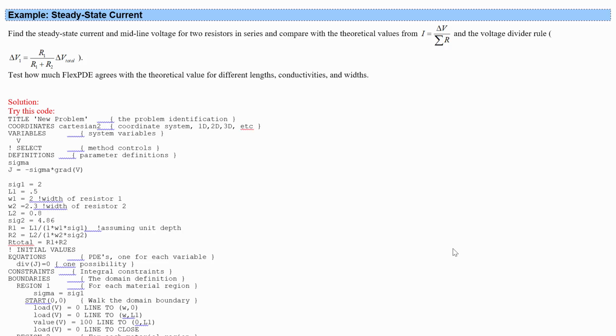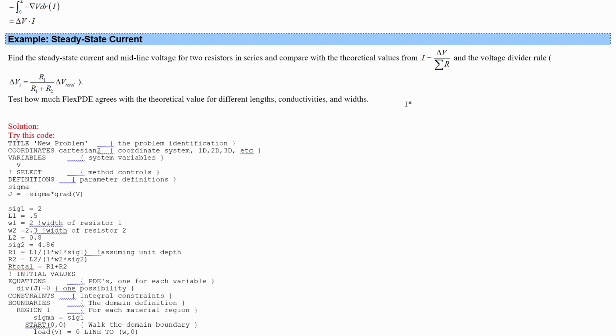So, example, steady-state current. We're going to find the steady-state current and midline voltage for two resistors in series and compare with the theoretical values: I is delta V over the sum of the resistances, and the voltage divider rule, which tells us the voltage across one of them is its resistance over the total resistance times the total voltage difference. And we're going to test how much FlexPDE agrees with the theoretical value for different lengths, conductivities, and